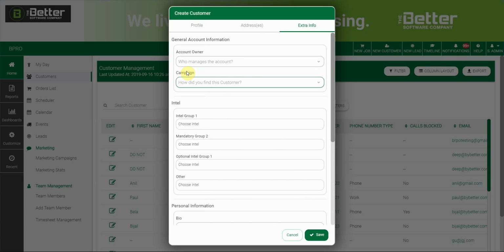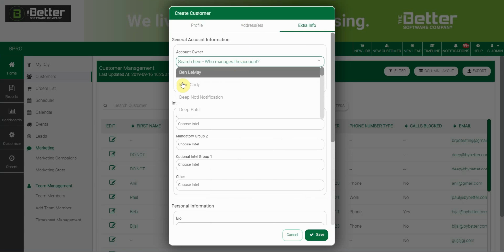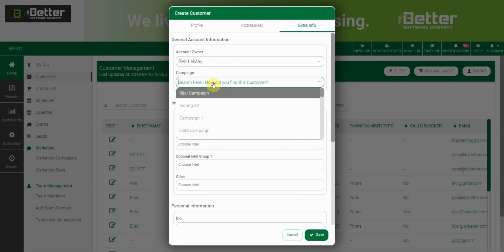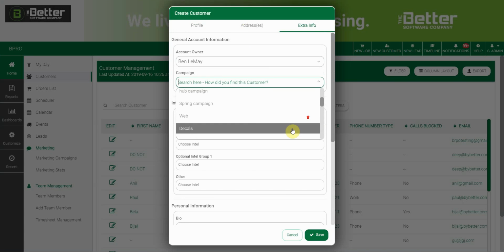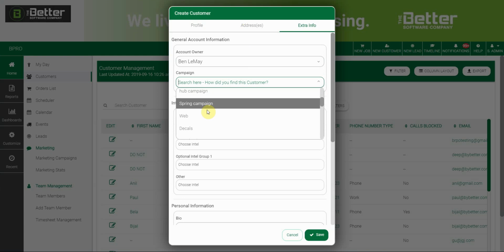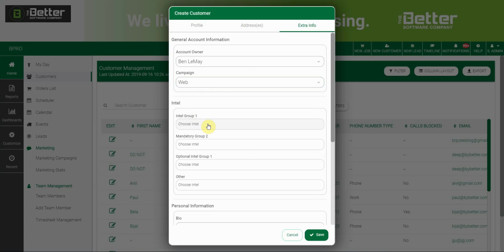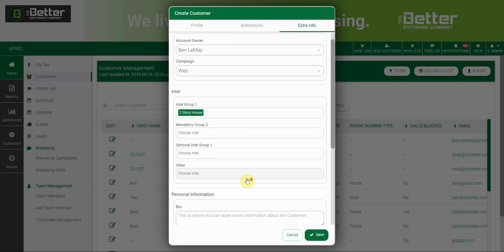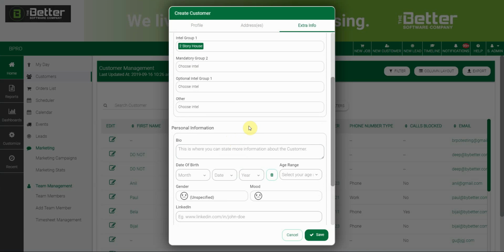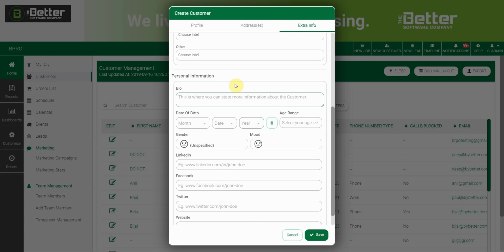So moving on, then we have extra info. Okay, you can define your account owner here if you like. You can also define your lead source campaign. So how did this customer find us? We'll just choose our option there. Intel tags. Okay, any Intel tags that you want to apply will be listed out there for your system,